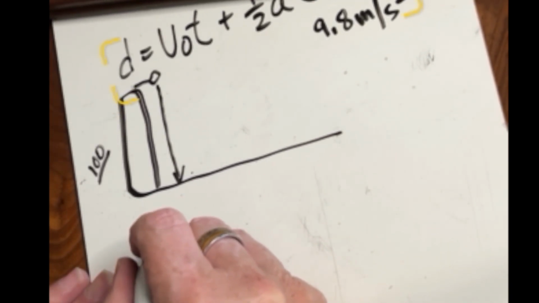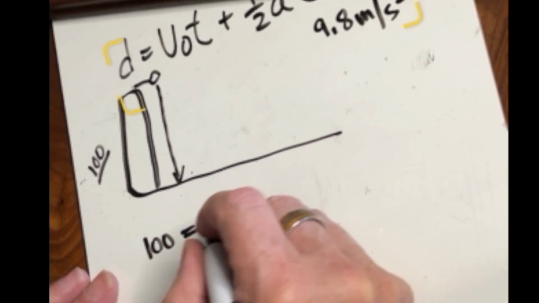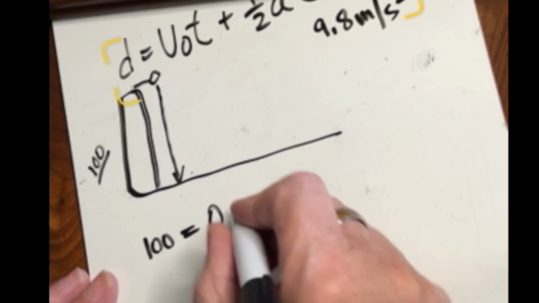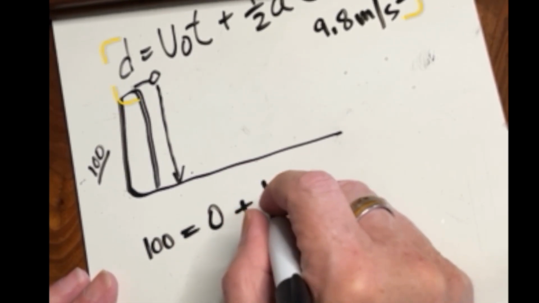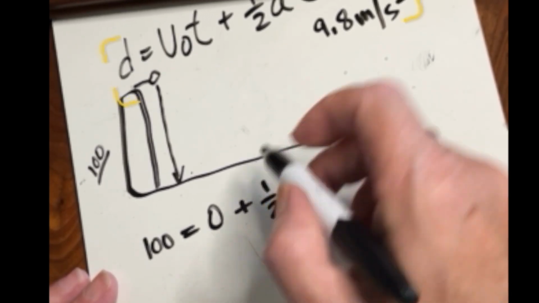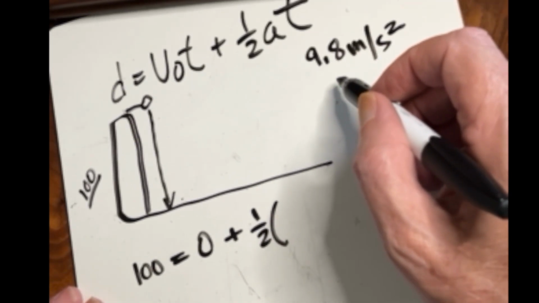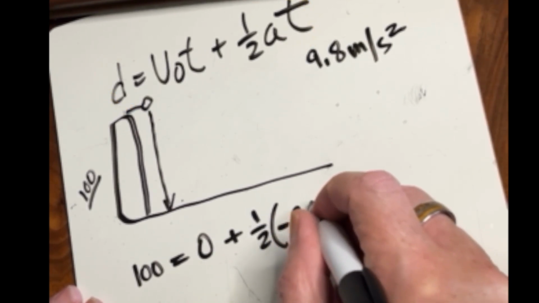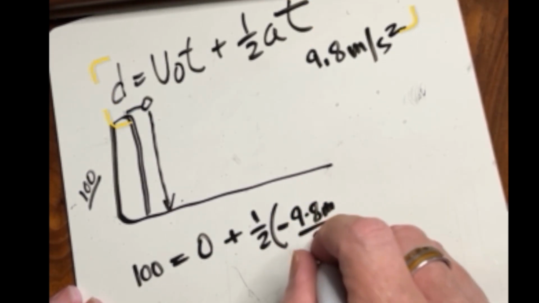So d is 100 equals, well, the initial velocity is 0, so we're going to leave that at 0, plus 1/2. Now, gravity is 9.8 meters per second squared, but since it's going downward, that's going to be a negative 9.8 meters per second squared